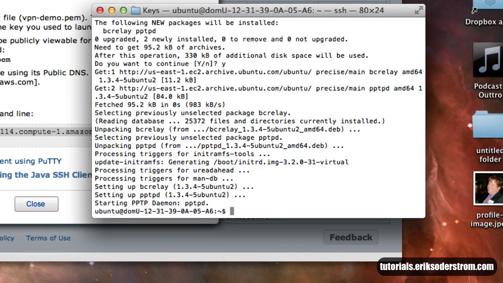Alright, now that it is finished installing, we actually have to go in and configure a number of different configuration files so that we can actually connect and use this VPN server that we have just installed. First thing, again, almost all of these commands are going to start with sudo and then pico, which is a file editor. The first file that we're going to edit is